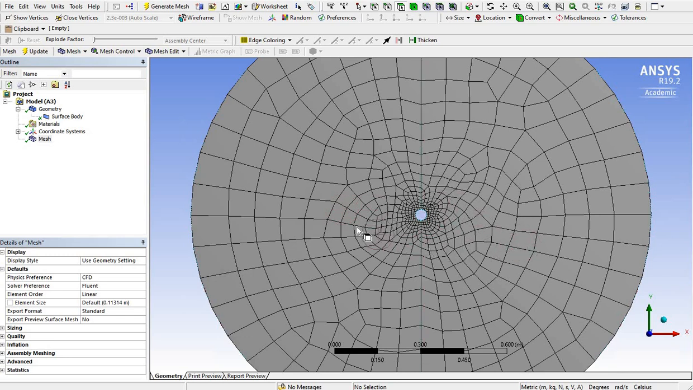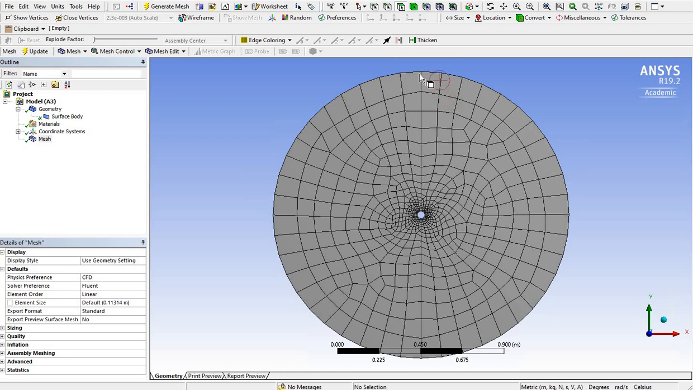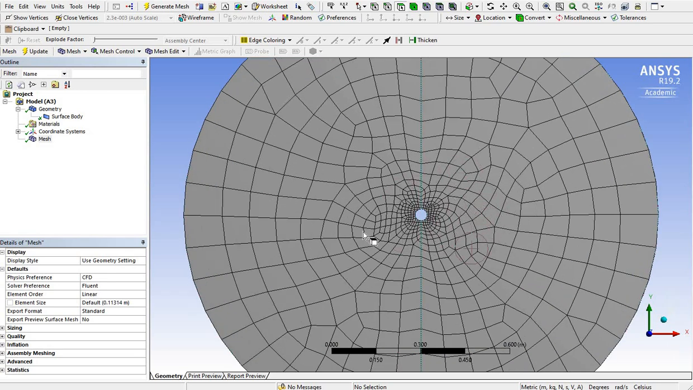So my critical region would be this area. Okay, so I need to have a finer mesh in this area, and I can have a coarser mesh near this external domain wall because nothing is going to change over there. Even if something changes over there, we don't care. We only care about the flow near this object. Okay,